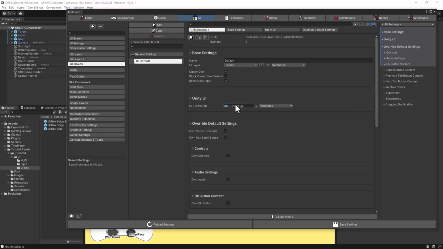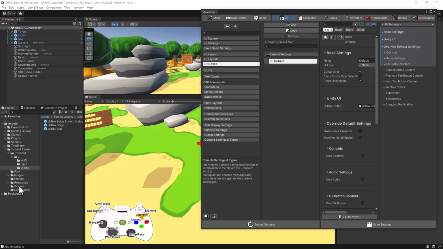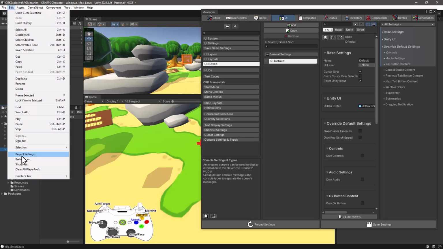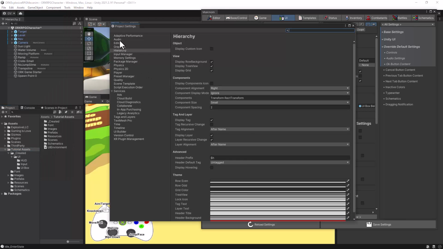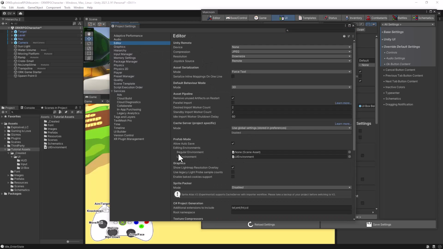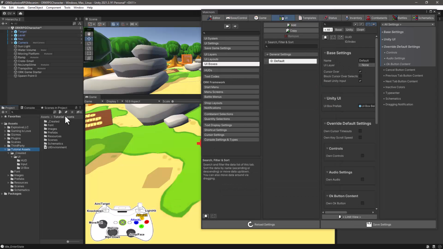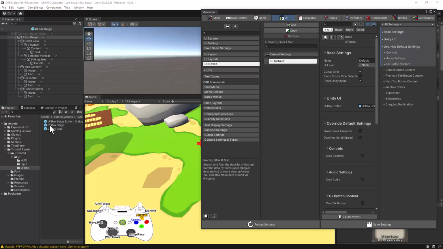So in order to see how this UI prefab looks like, what we can do is, in the tutorial assets, sorry, we have this UI environment scene. So I will add that to our project settings editor, and we have here in the UI area, environment. Every time we click on something that has a canvas, it will open into this special dedicated scene. After that we can click on the UI box page,